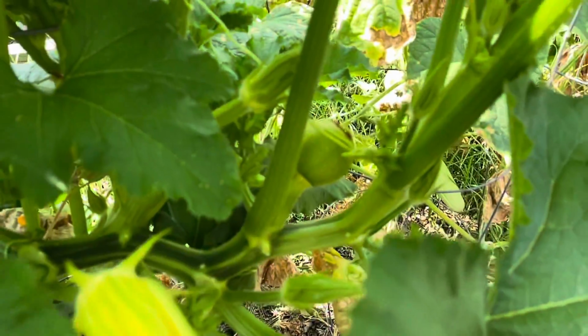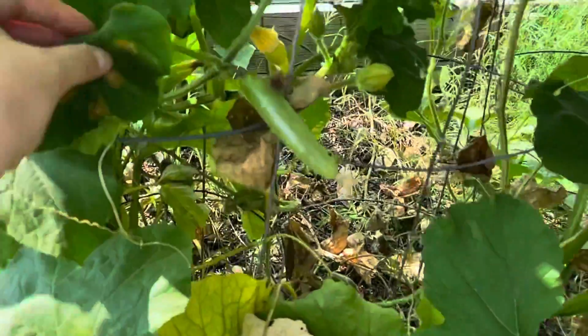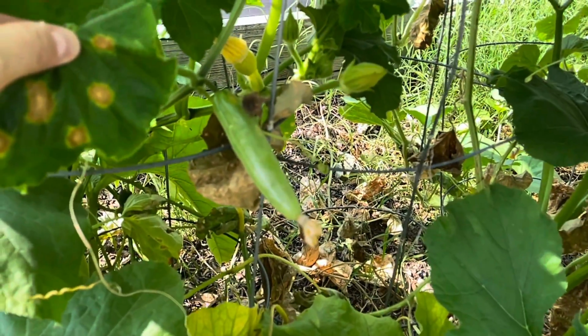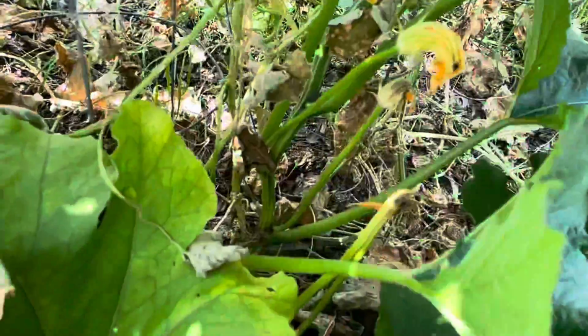So this is a pumpkin. Definitely looks gorgeous, looks cute. This, I'm assuming, is another type of cucumber. So that's kind of interesting that there's pumpkin and